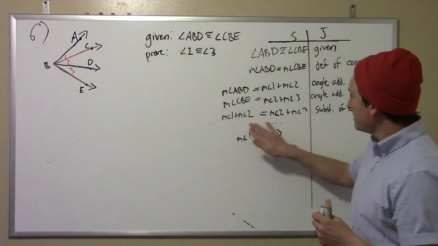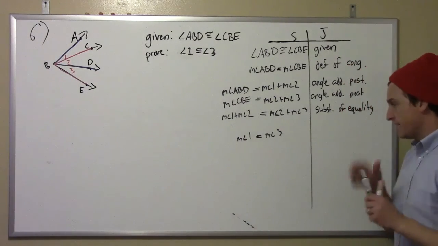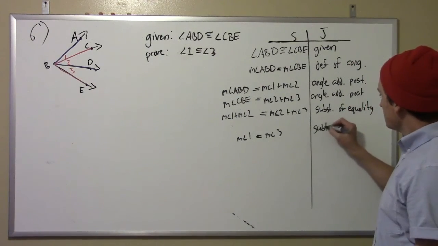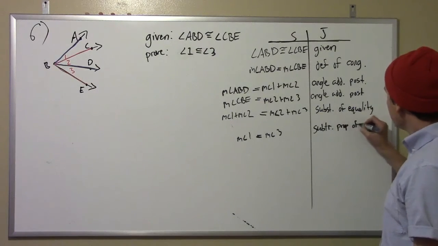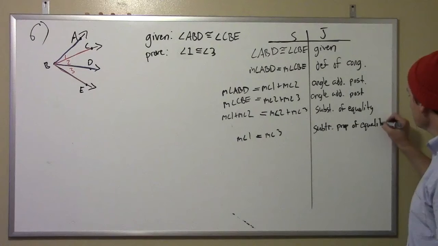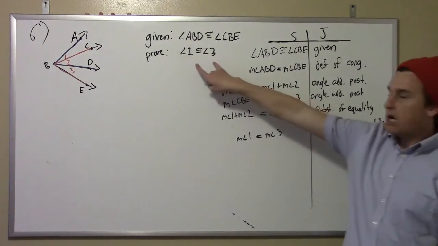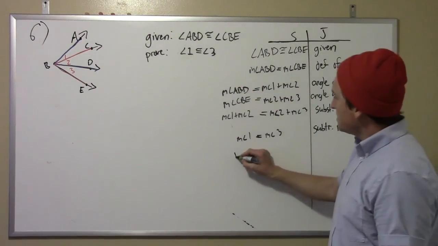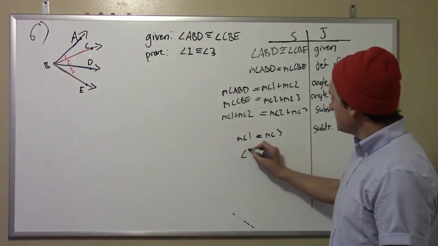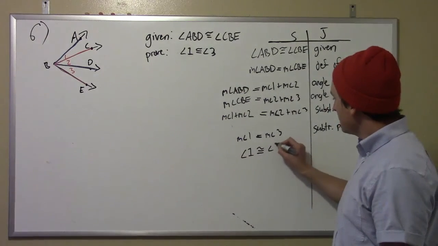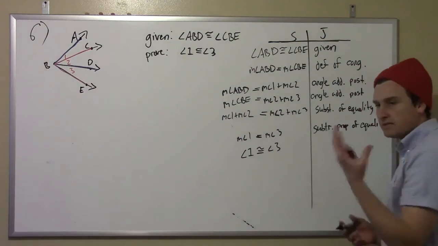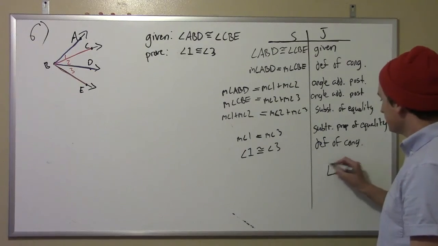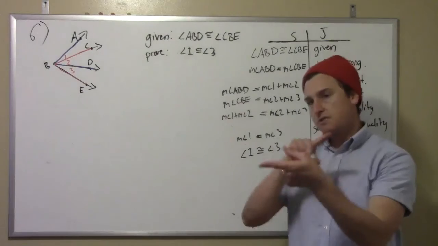Now, of course, we don't write that part, right? We don't really show our work there. We just write the next statement in the chain. But what we're using there is the subtraction property of equality. Okay, now we're pretty much where we want to go. The difference is this is equals and measurements, and we want angles and congruence. So we just got to switch back to congruence. Right? If the measures of two angles are equal, that means those angles are congruent. That's the definition of congruence. And we got it. So just the reverse of the other